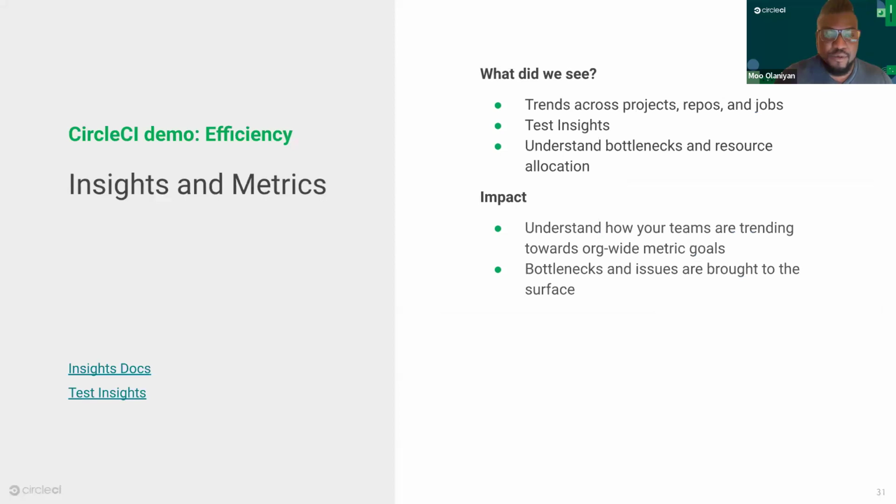Ultimately, the goal of Insights is to understand what we are doing as a development team, how we are performing, and how we're burning our credits. Ultimately, this tells us how we're trending in terms of success rate, throughput, which is how many times we're deploying in the day, our mean time to recovery, which is how quickly we're recovering from pipeline failures, and the duration of our pipelines. And those 4 key parameters are what we have discovered make elite performing DevOps teams, the DORA metrics. And that is ultimately what we are trying to get our users to achieve.